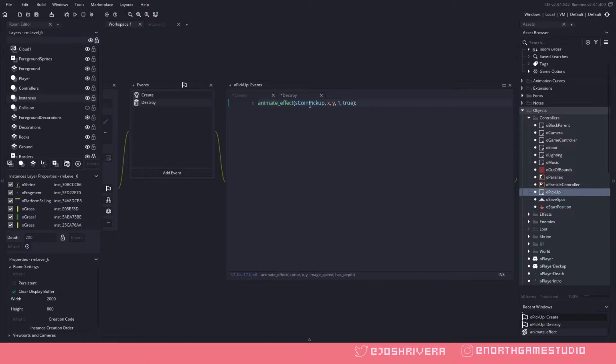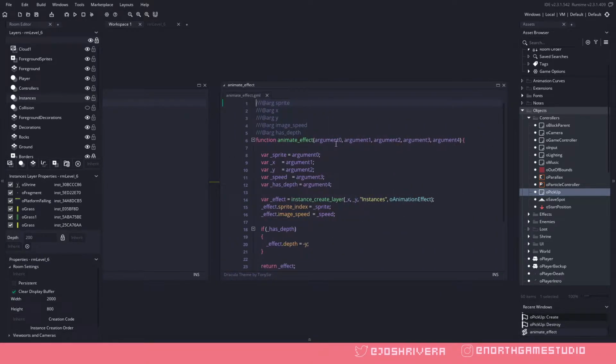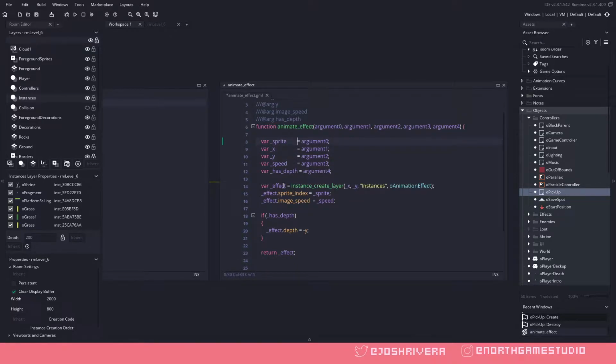And this is a simple script here that I wrote, and yeah, it's a simple function, animate script. It just takes these arguments, which is essentially the animating sprite, and you could see really down here is where everything really kind of happens. It sort of adds this